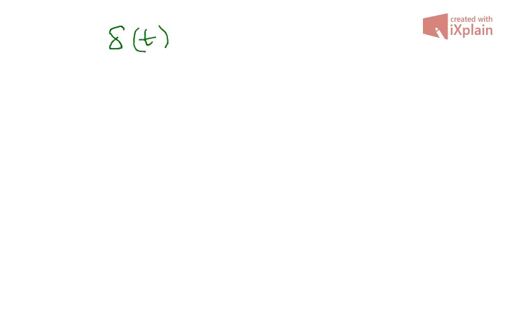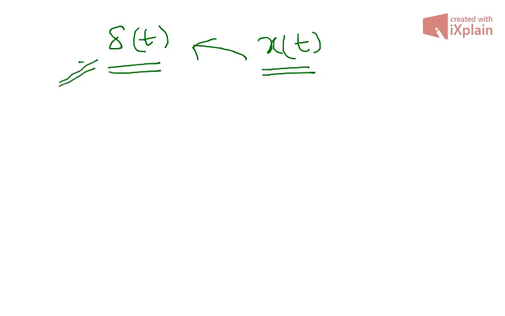You collect or sum many delta of t's, many impulse functions, and they collectively make some signal. Or in other words, you can represent any signal in terms of delta of t, right? So we will see this later on, how to represent the signal, but for the time being, just to emphasize its importance, delta of t